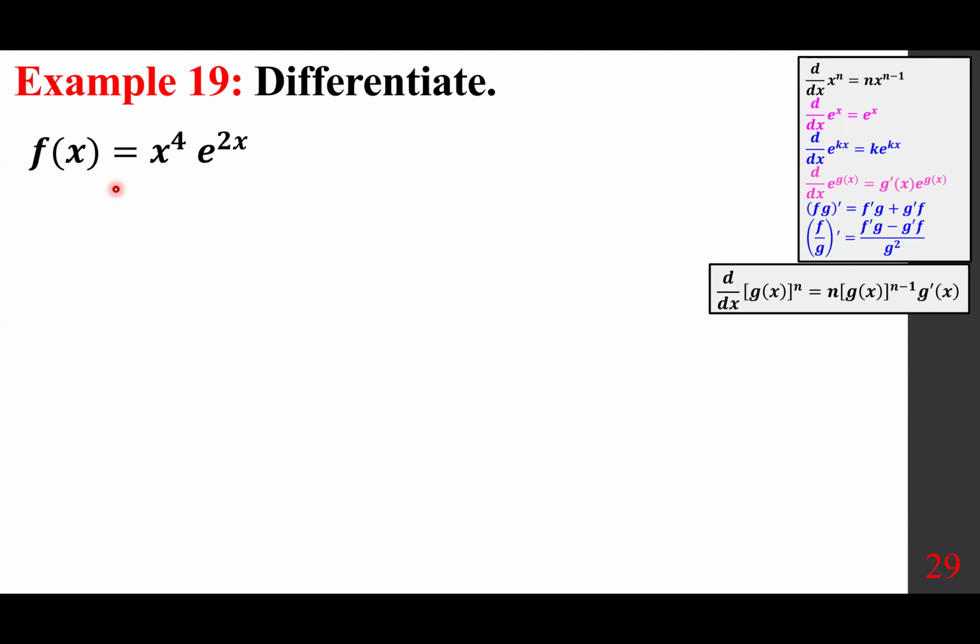What about f of x being x to the power of 4 times e to the power of 2x? You want to differentiate that. You notice it is the product of two things, therefore you put a raised dot in between. Let's say this is the f function, this is the g function, and therefore we are going to go with the product rule: f prime g plus g prime f. f prime is 4x cubed times g, which is e to the power of 2x,